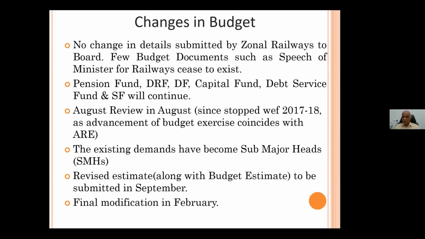So from there, that will form the basis. Then the budget estimate for the next year we will also prepare, and then we will submit it to Parliament, submit it to the Railway Board. At Zonal Railway, we will compile from all the units. We will take the figures in IPAS, and then we will compile demand-wise and sub-major head-wise, and then we will take the approval of the General Manager, and then we will send it to the Railway Board by the prescribed time,